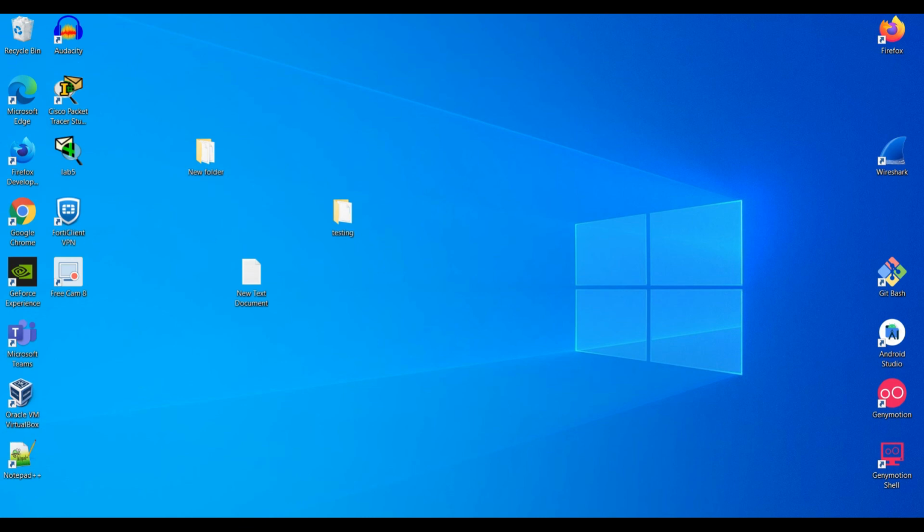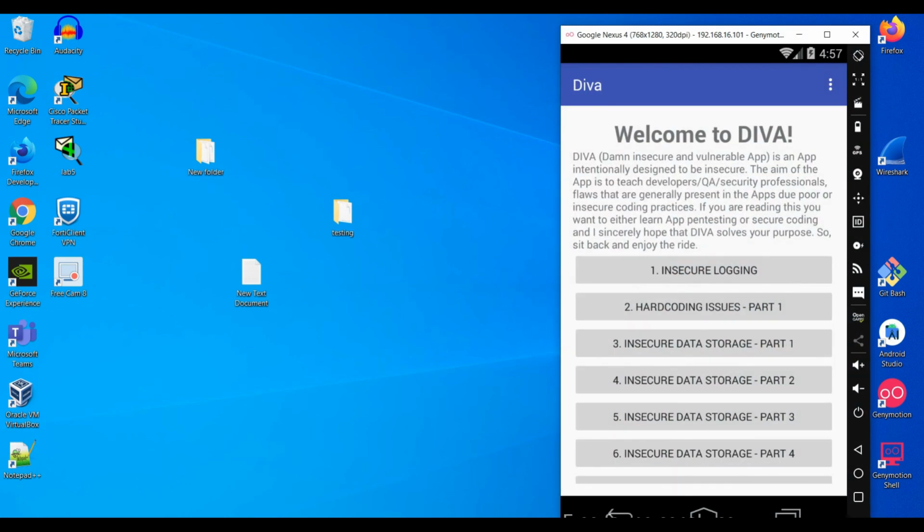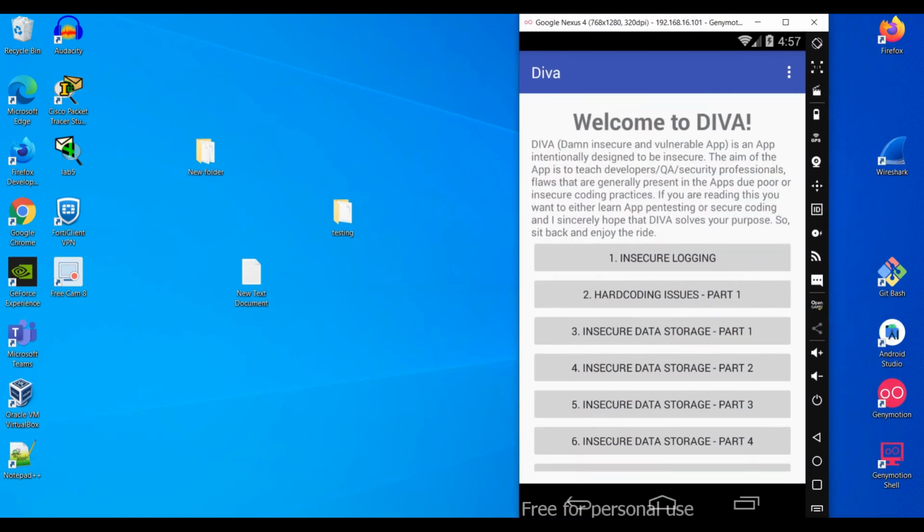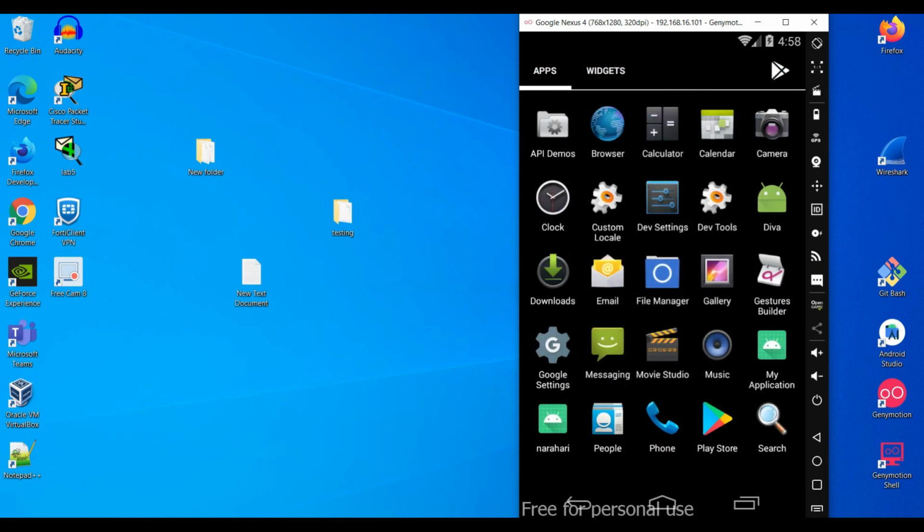Next, if possible, we will take one vulnerable application and use Burp Suite. We will see how we have to connect this Android application with Burp Suite, and then how we will be intercepting and monitoring the traffic. Inside that also there will be different kinds of bugs we have to look for. That thing I think we will see later.